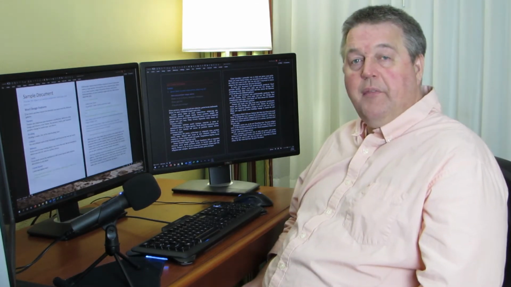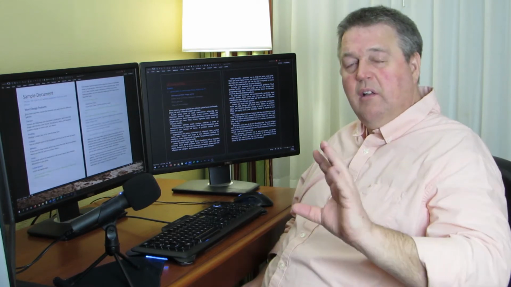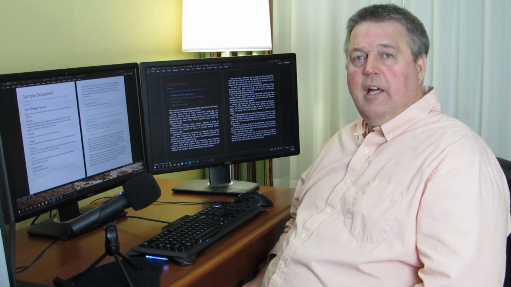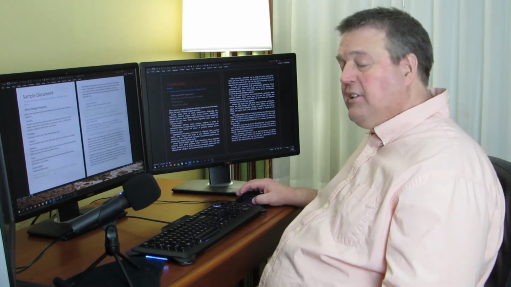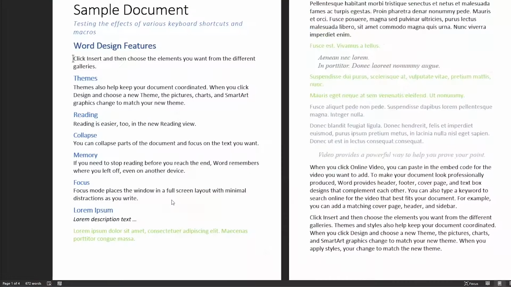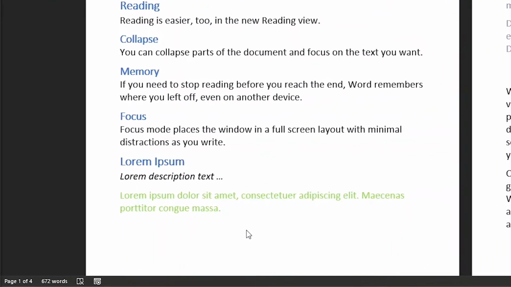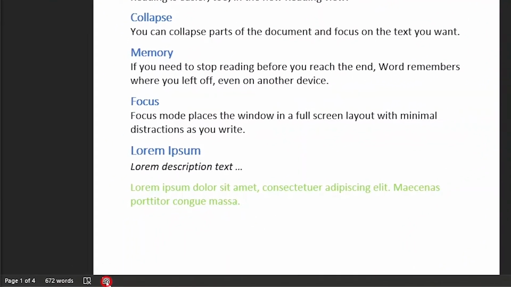Specifically, we're going to start with the quick and dirty explanation, and we'll get a little more detailed as we follow up after that. So first, we want to start our macro recording. There's actually two ways to do this. One is we can come down here to this button on the bottom of your status bar. It looks like a little Word document with a record button on it. You can click that,